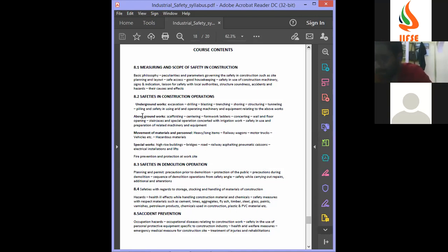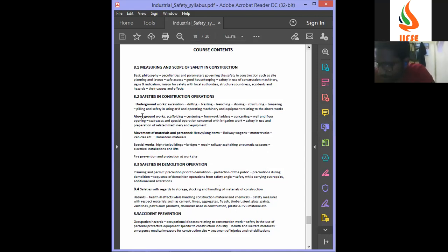If you read the Regional Labour Institute or Central Labour Institute books, I remember reading many years back that they mention underwater and above water works also. All those also come under construction: above water construction, underwater. Coming to the above ground construction: scaffolding, centering, framing, ladders. For everything, we'll have hazards, consequences, and control measures. Your main principle is to understand what the hazards in excavation are, and what the control measures are. In that way you have to relate.